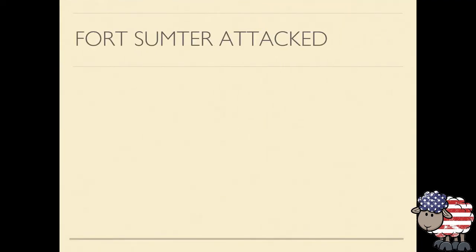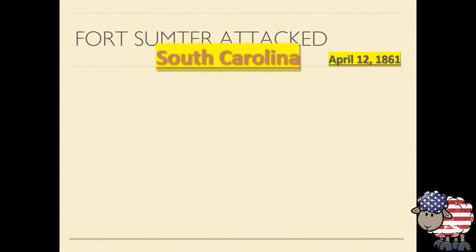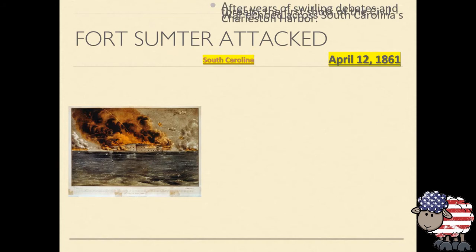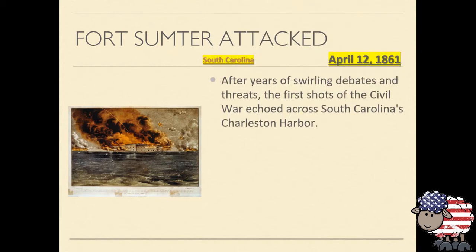Now, the official Civil War began when Fort Sumter in South Carolina came under attack, which began on April 12, 1861. Abraham Lincoln had viewed these southern states as states in rebellion. He never recognized their sovereignty as an independent nation. As such, he wanted to protect federal military installations, including Fort Sumter.